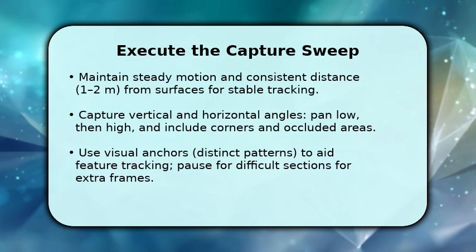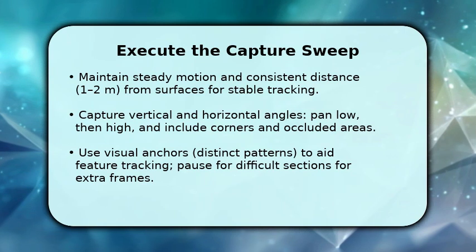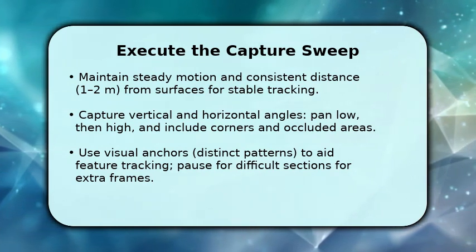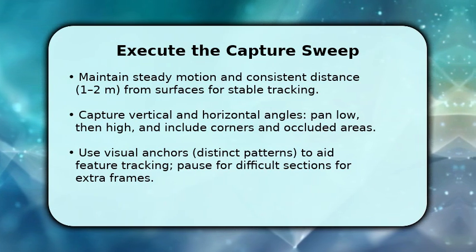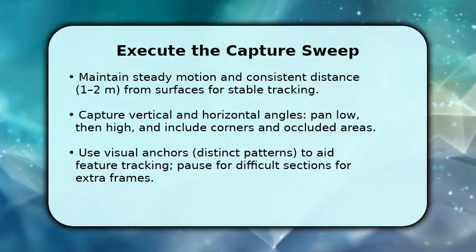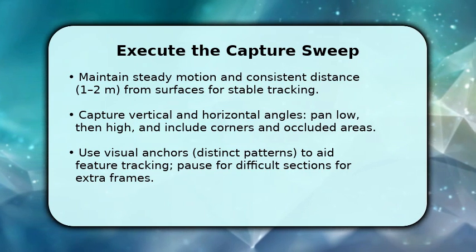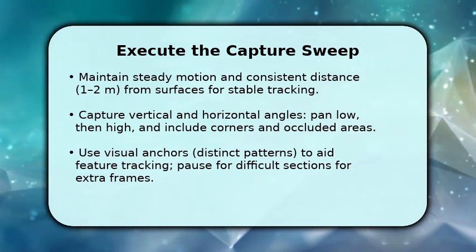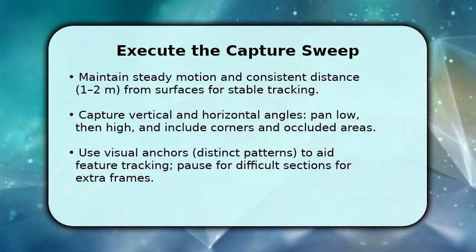You now perform the actual sweep. Move steadily around the room, holding the device 1 to 2 meters from surfaces, because consistent distance keeps tracking stable. Make 2 passes, one lower angle and one higher, and slow down when scanning corners, furniture undersides, or occlusions so